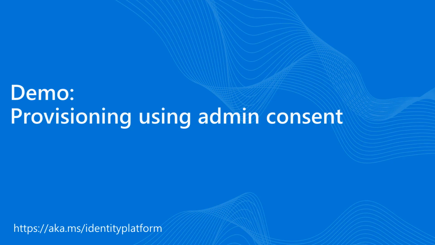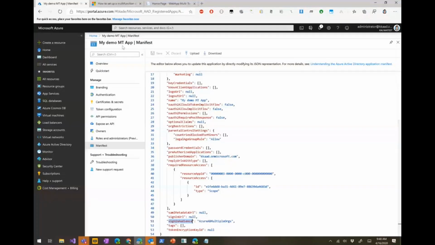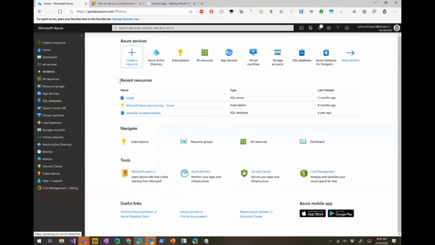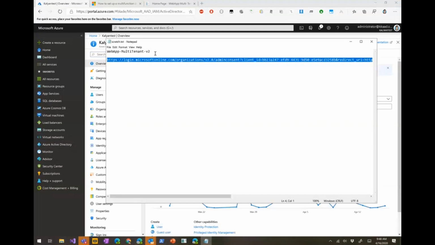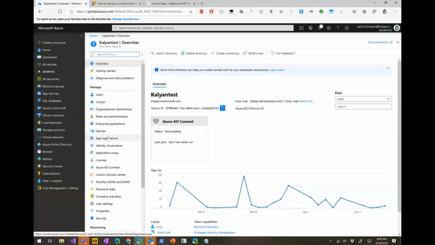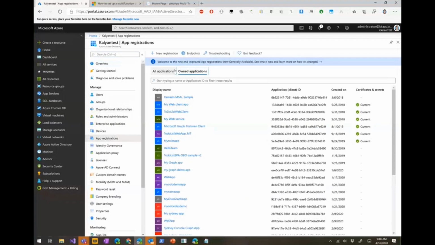So let me just show you how the experience with the admin consent endpoint looks like. So just bear with me. Here I have, this is my home directory, and I have a multi-tenant web app called this.